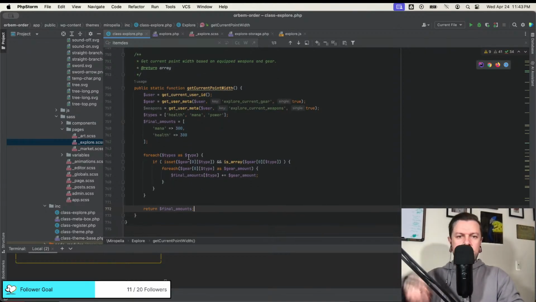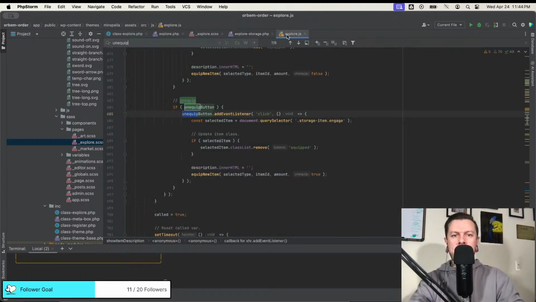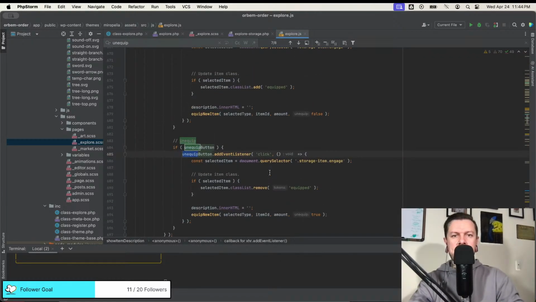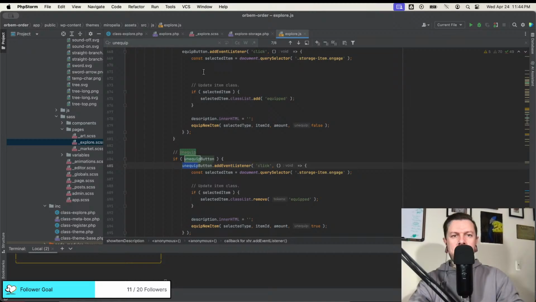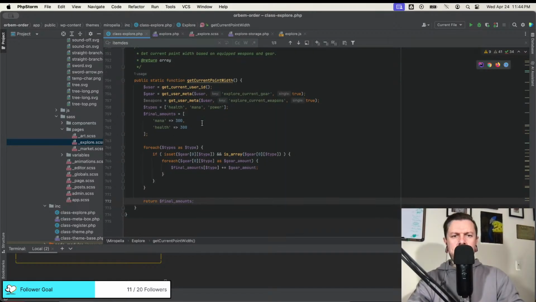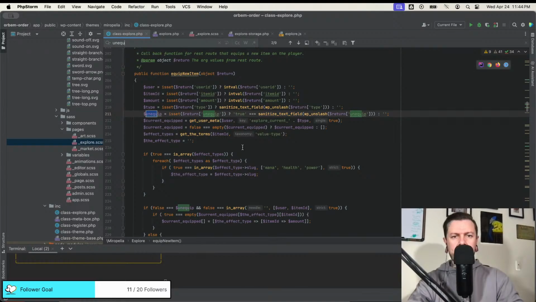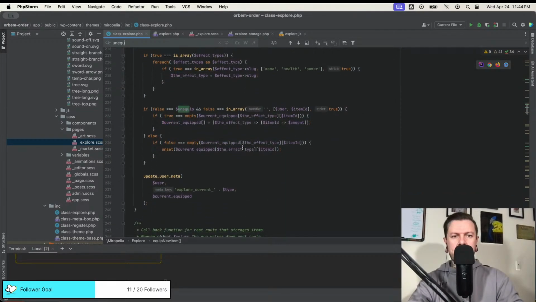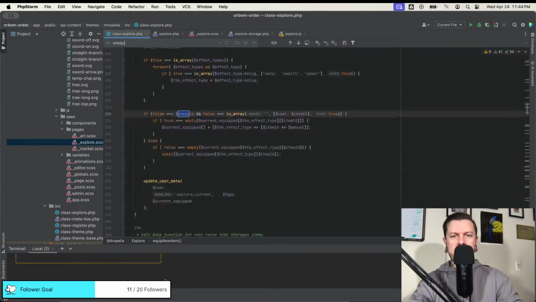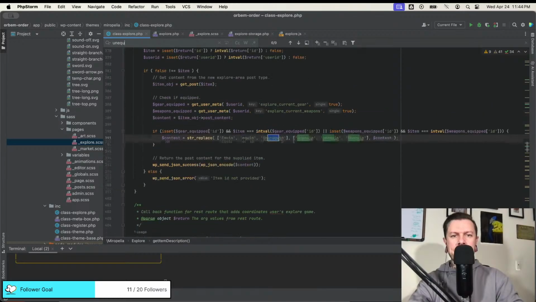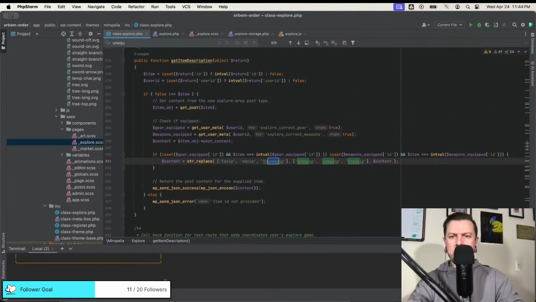Because right now, this works, but the whole equip and unequip thing, that's gotta change. So, the whole string replace, where is it? Yeah, this one here. So this will no longer work.